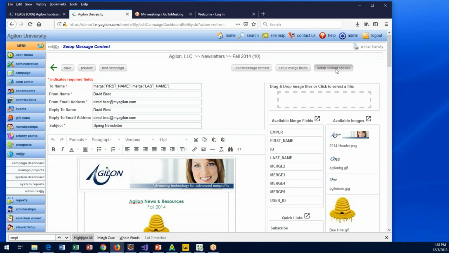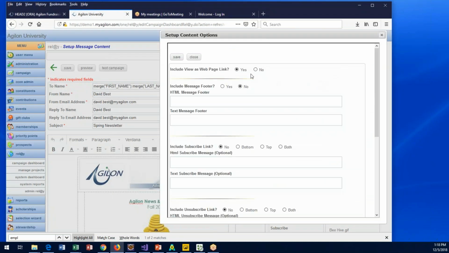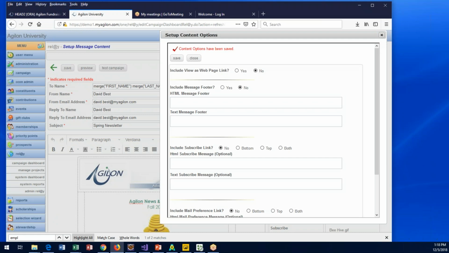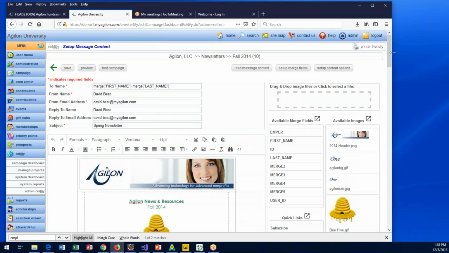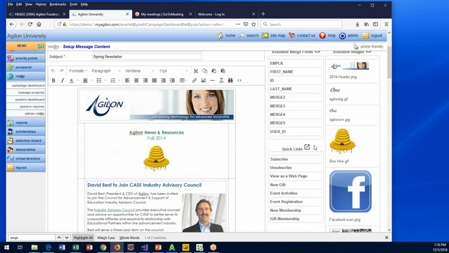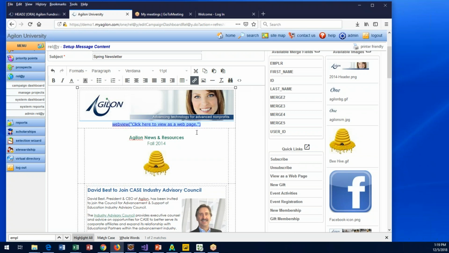Now, when I say the content areas are somewhat obsolete, the reason being is, for instance, if I turn off the view as web link in the automatic format, I now have quick links that I can drag and drop over here to do the same thing. Here's the view as the web page link. I can bring that in at the top of my email. I can change the wording within that link, and when I preview it,